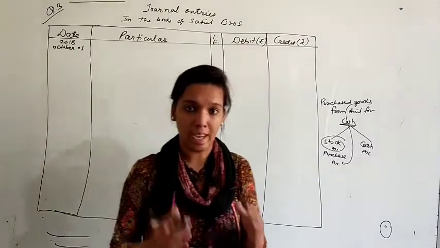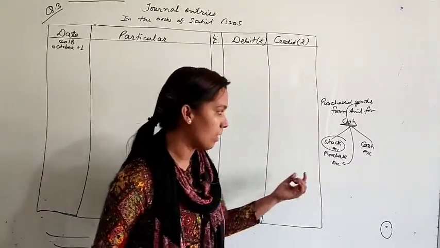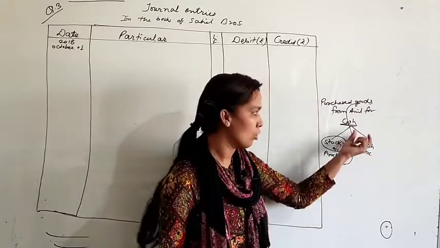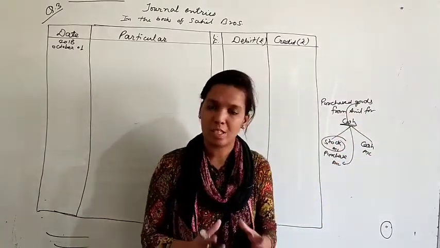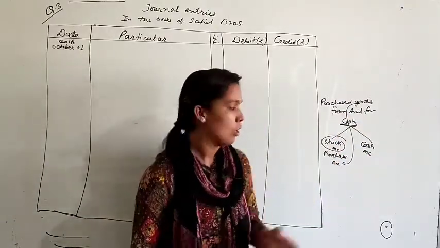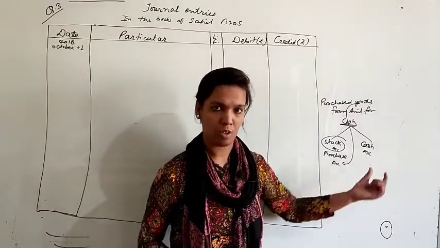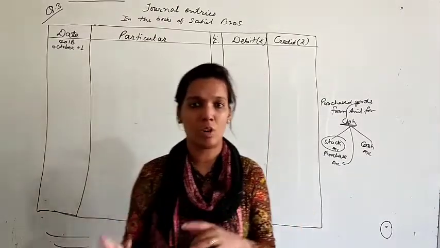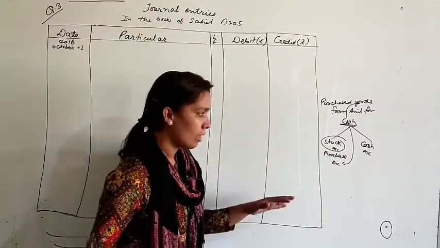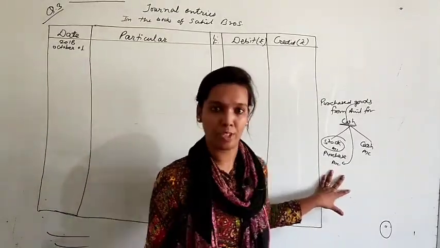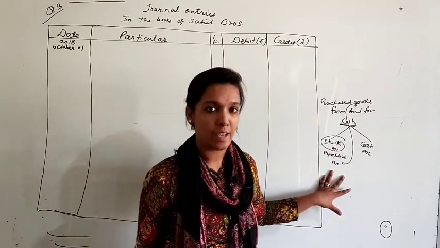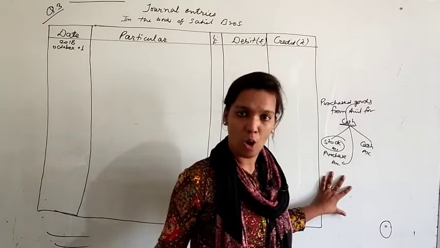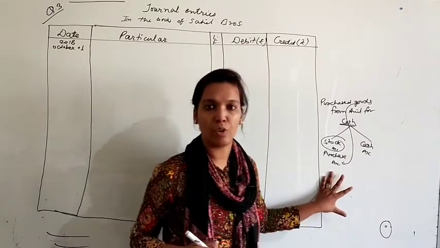Whenever you are purchasing goods in cash, two accounts are affected: the purchase account and the cash account. There is no value in the name; it is only there to confuse you. Now think about which account will be debited and which will be credited. First, the purchase account. Purchase is an expenditure for us. As I told you, all expenses and incomes are classified in nominal accounts. And what is the rule of a nominal account?